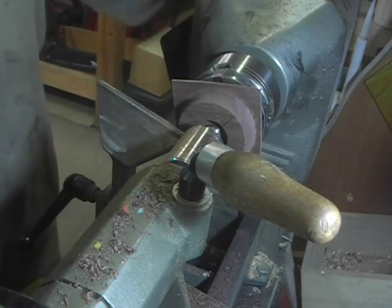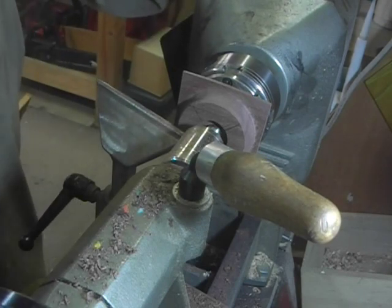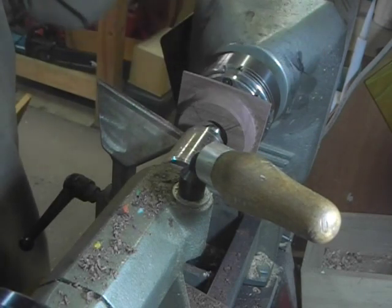Well, I think that's pretty good. I think we're gonna go with that. Now, the next important step is I'm gonna just remove a bunch of some material here. There's a real